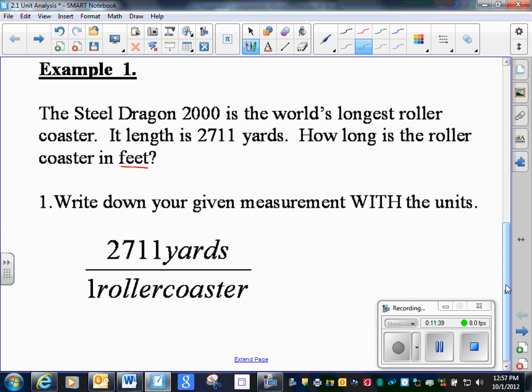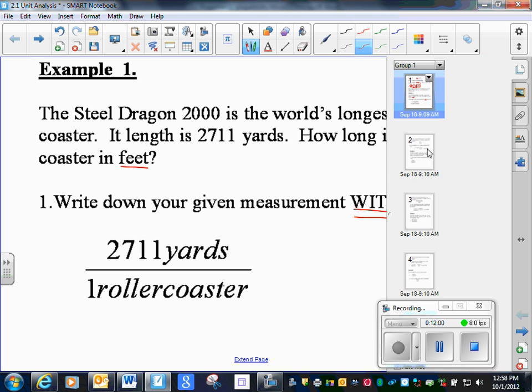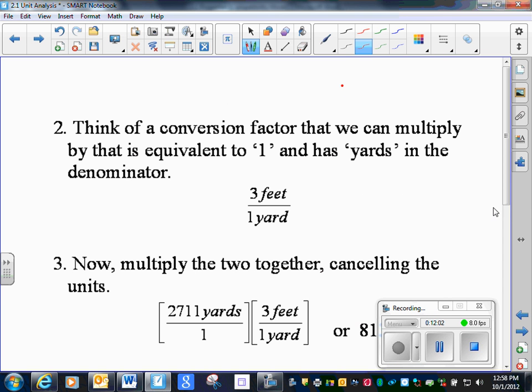So the first thing we're going to do is write down what we know with the units. Do not leave the units out. We have 2,711 yards over 1 roller coaster. This 2,711 yards equals 1 roller coaster. The next thing we're going to do is look for a conversion factor that's equivalent to 1 and